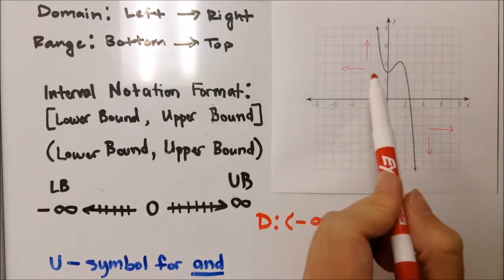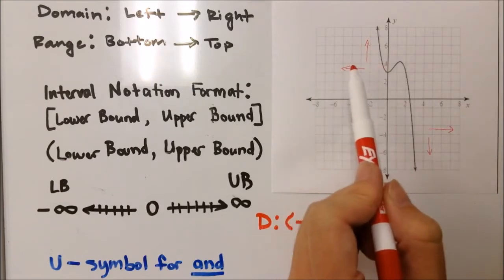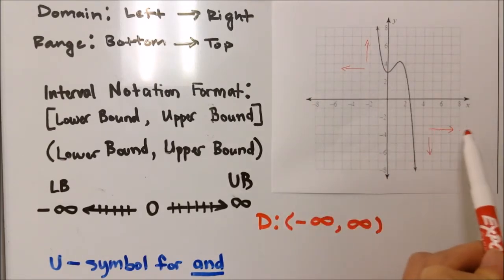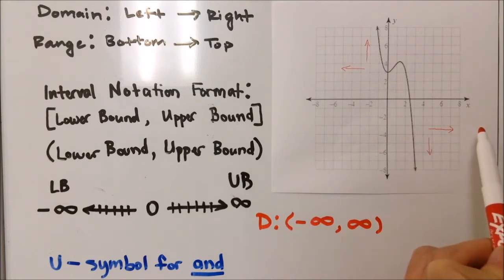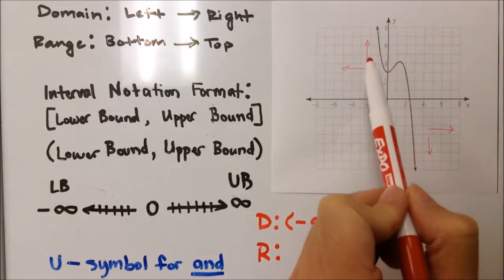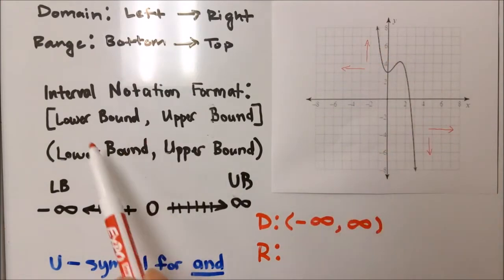So towards the left side, going continuously, we're going to use negative infinity. Going towards the right side, continuously, we're going to use positive infinity. Now let's do range. Now let's write the letter for range. Alright, so starting from the bottom,